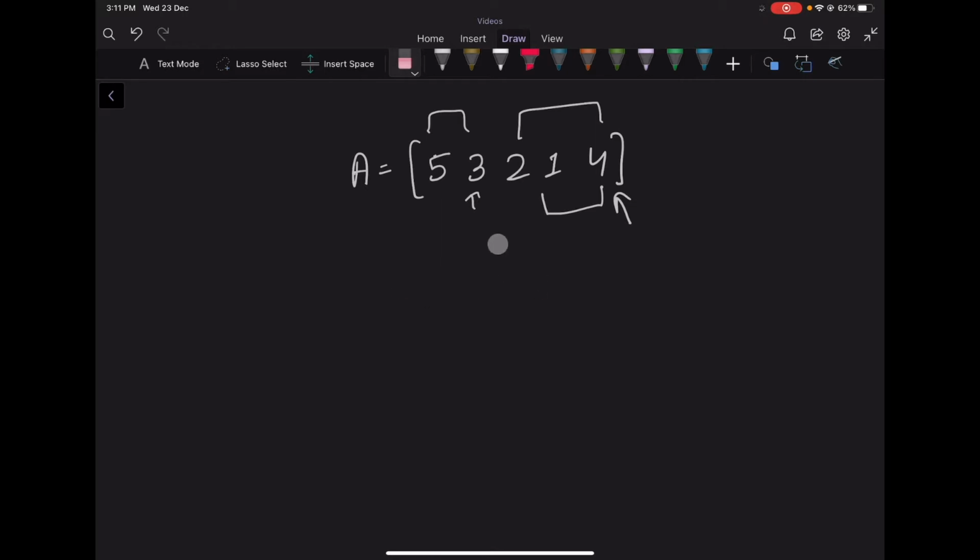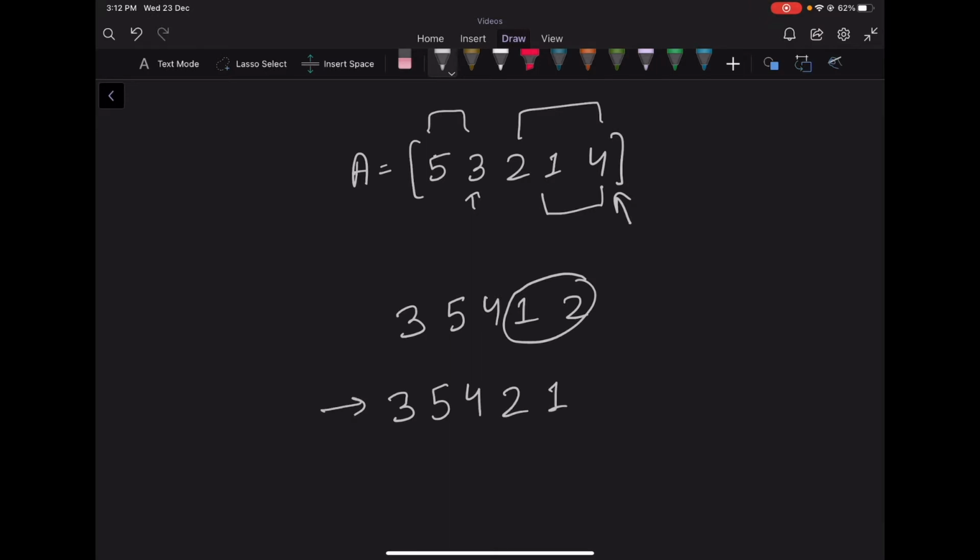So let's actually see one more example. So let's say in that case our array was 3, 5, 4, 1, 2, right? Now 3 is greater than 2, so we'll take 3. Again 5 is greater than 2, so we'll take 5. Again 4 is greater than 2, so we'll take 4. But now 1 is not greater than 2, so we'll now take the suffix, and so we are left with only 2 elements, so we'll place them in reverse order, that is 2, 1. So this is the lexicographically largest array which we can get.